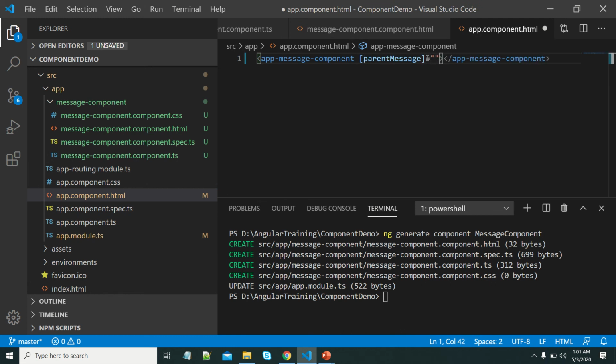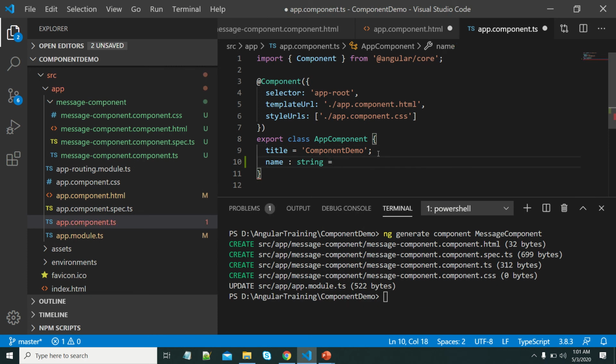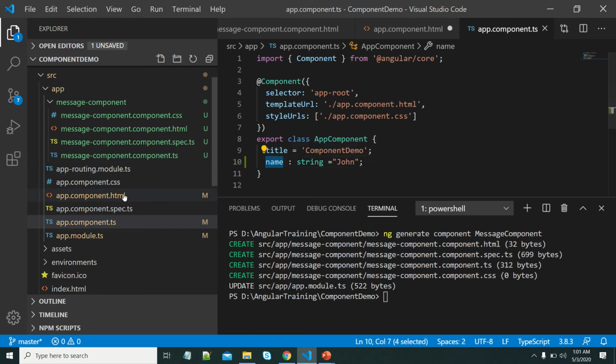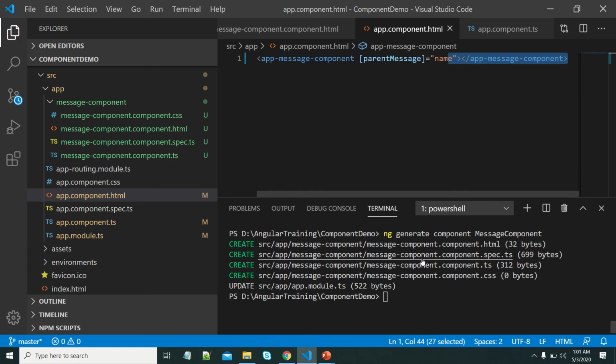Here we can pass the value from the component class. Let me open this component class. Let me create one variable which is string. Let me pass some text here, for example John. Save it. This one we need to pass to the child. Let me save it. All done.